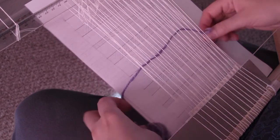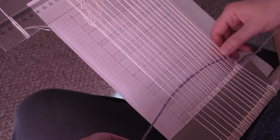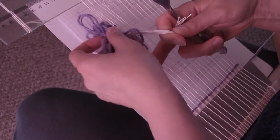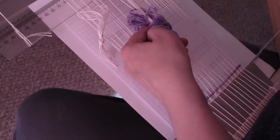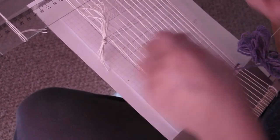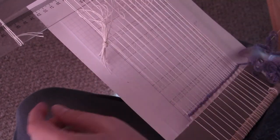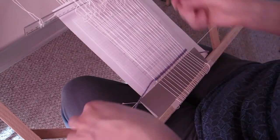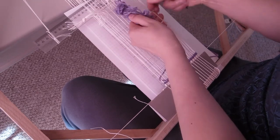Leave your sketch behind the warp to check the pattern you are making. First stripe of purple will be 3/4 of an inch wide. Press the pattern to the warp from inside to see how much you need to weave to come to the next stripe. When you will see that it's time to start a next stripe, secure the end of previous color